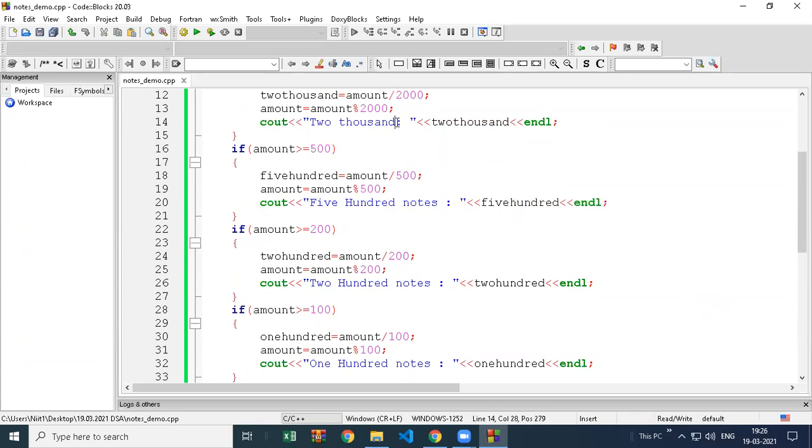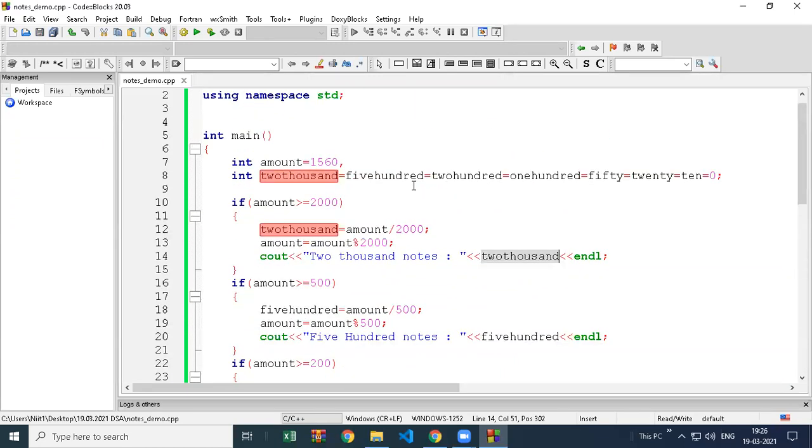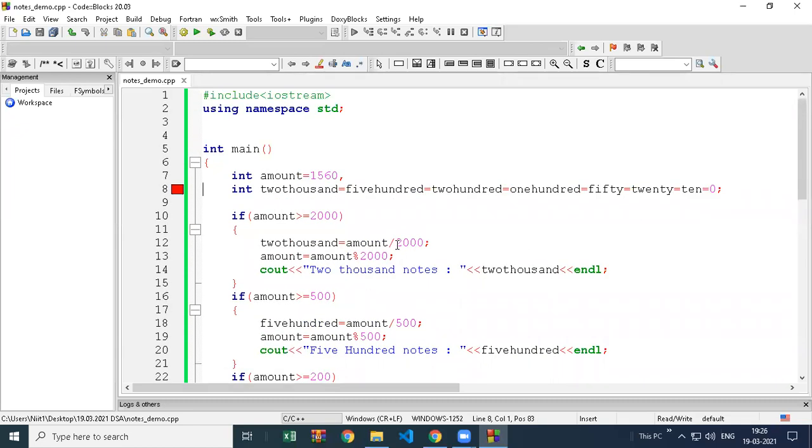And then 2000 notes. So yeah, I hope everything is correct now. So we'll print this, and I also told you to print total, but first just try this one.